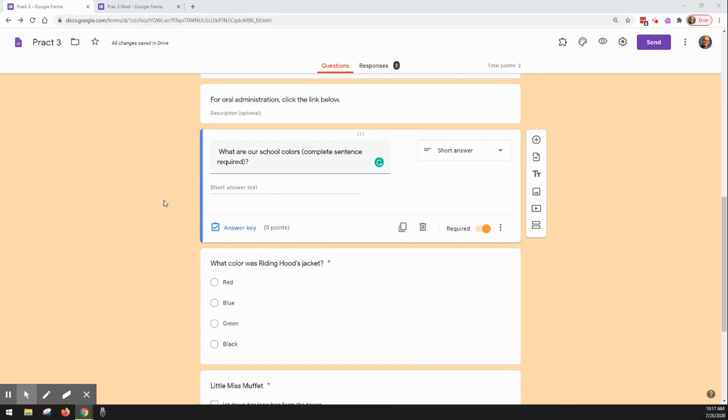So for modifying the first kind of question, a short answer question, there are a couple ways that you can do that. I always require my students to answer using a complete sentence. That means they can't just give me one or two words. So in this one here, they have to give me a complete sentence. However, for a modified or accommodated student, and depending on your grade level, you may want to give them a sentence stem. So you might want to highlight it and change it to